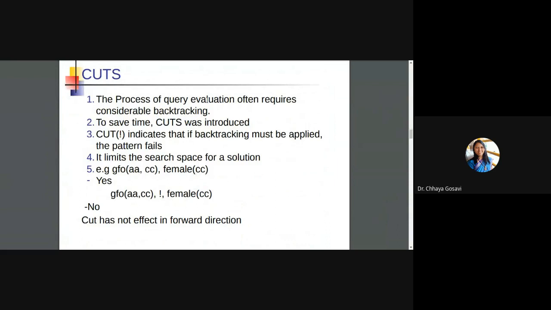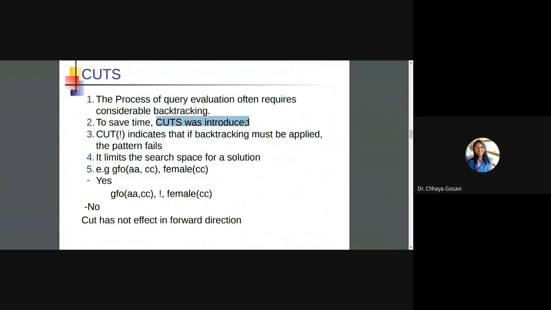So the process of query evaluation often requires considerable backtracking. As we have seen, there are only three facts, but still we need to backtrack and choose another rule and then start the unification and instantiation process again to prove that particular query. So to save time, cut was introduced.